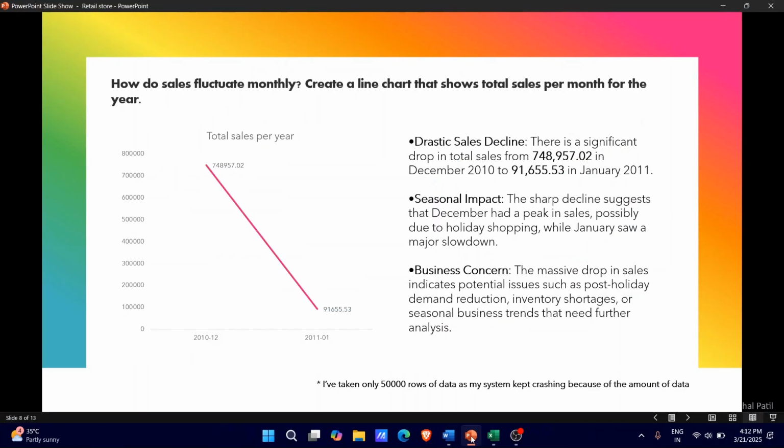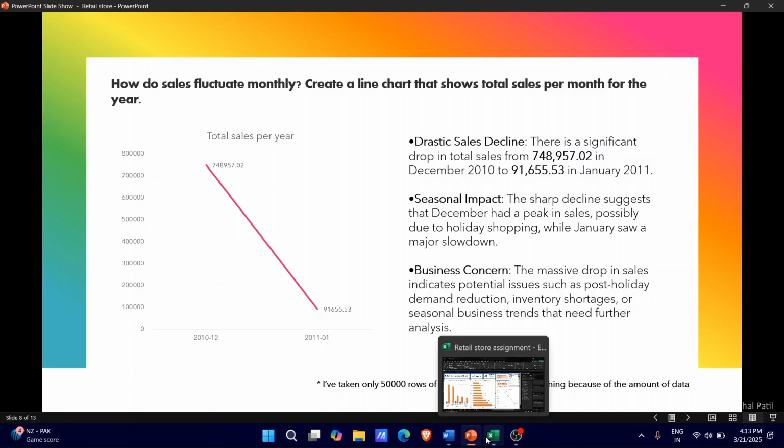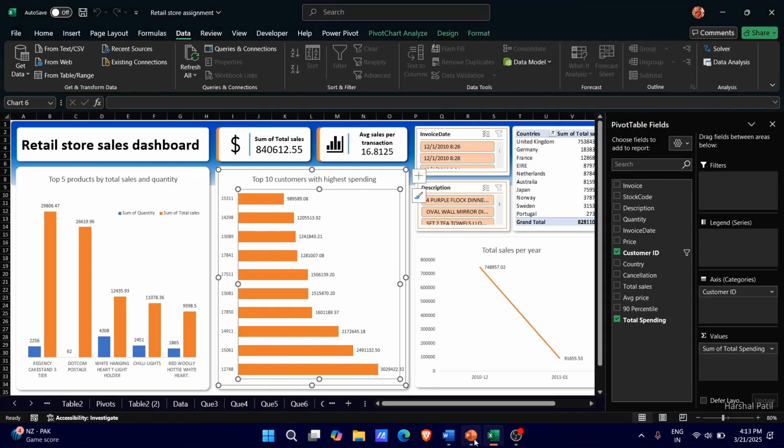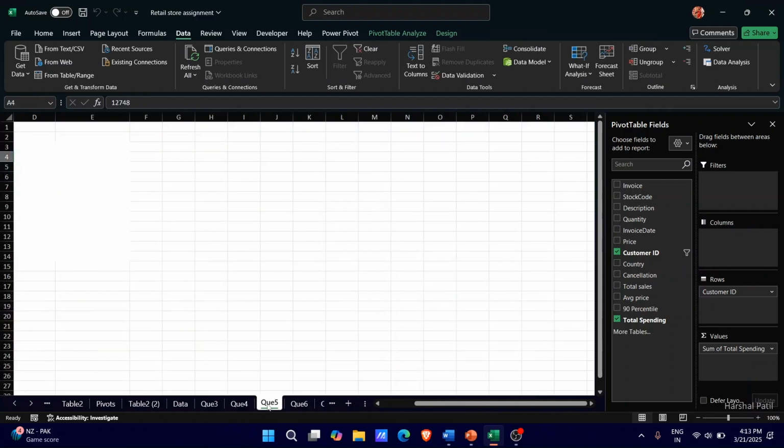So before turning to the next question, I have to tell you something, because the data set is too large. I just took the first 50,000 rows of data and tried to calculate the whole data set. My system kept crashing, so that's why I took only the first 50,000 rows to analyze the data. Because of that, I just got the sales for 2 months, December of 2010 and January of 2011. And according to that, I created this